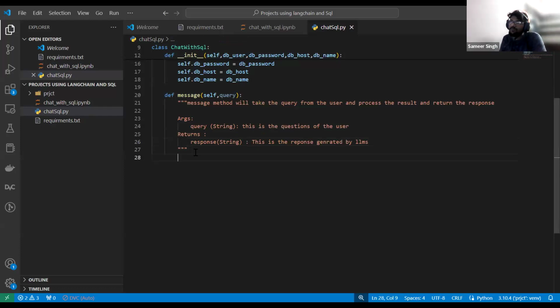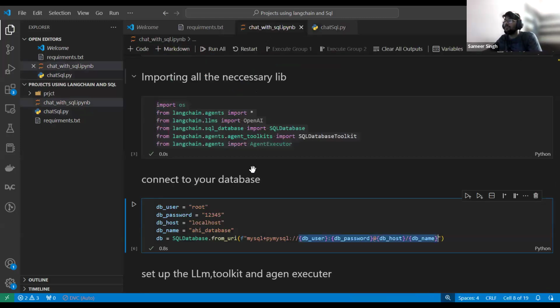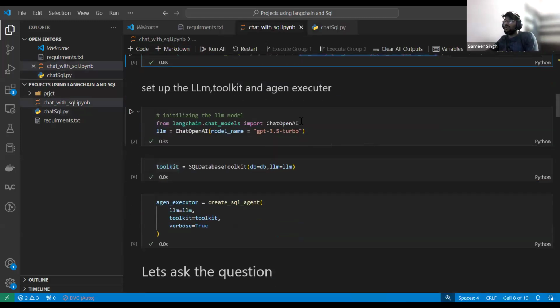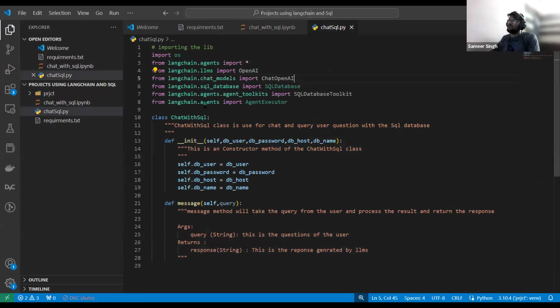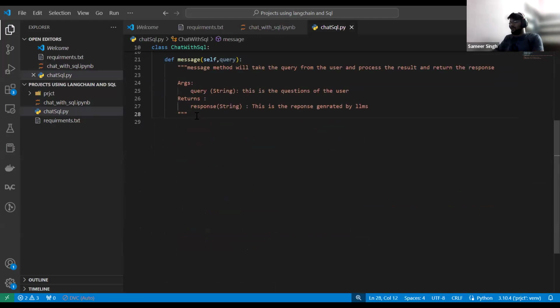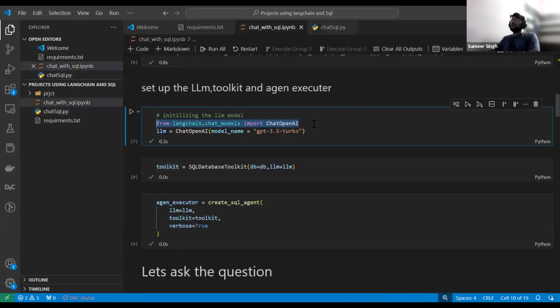Now let's write all the things we have done in our experiment, right? We need to install this also, and I am going to import all those things somewhere here. Now I'm saying initializing the LLM.